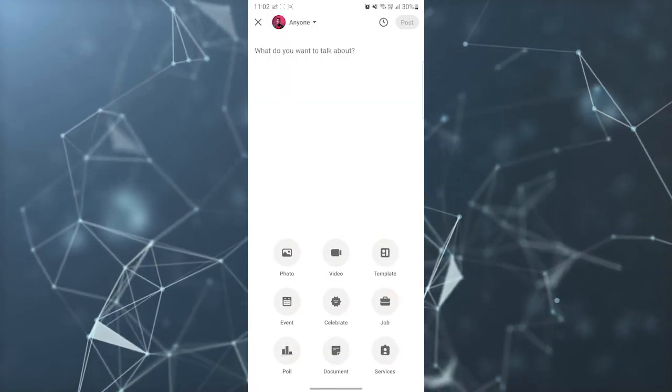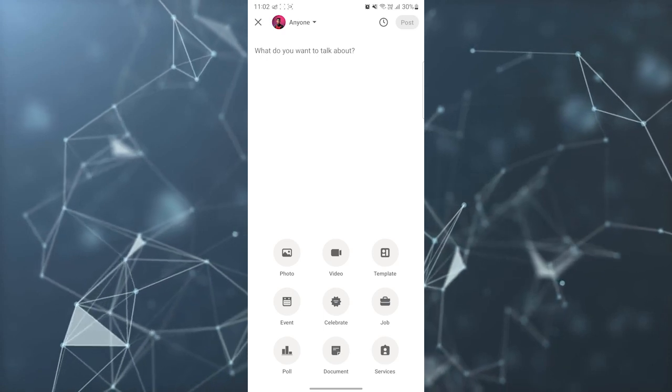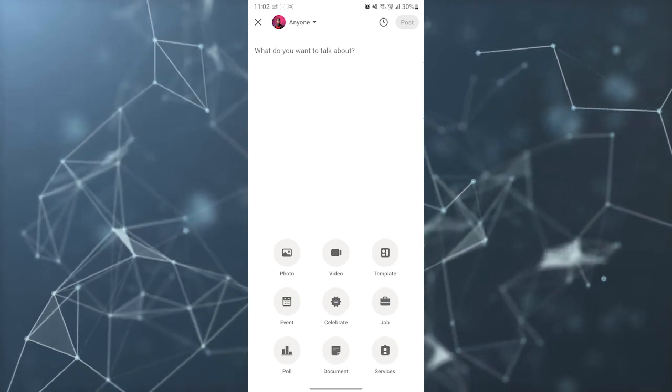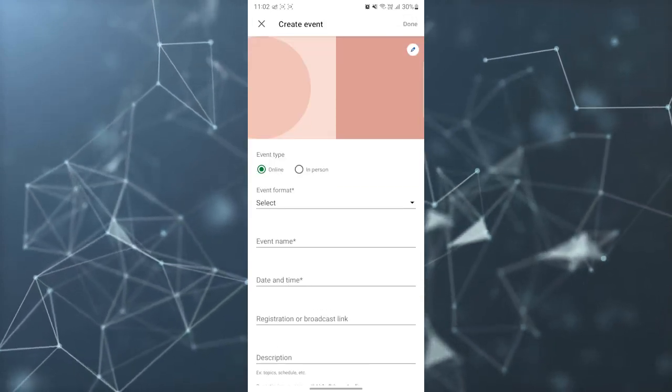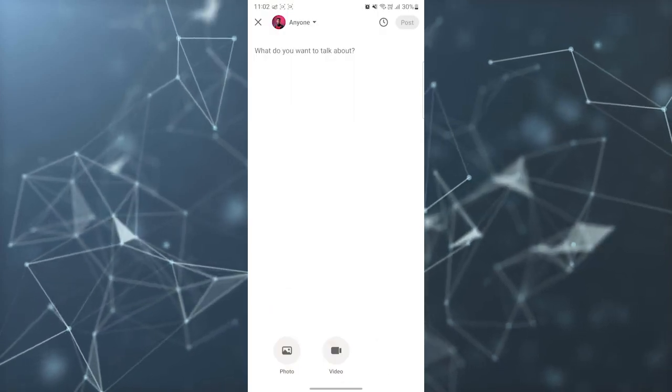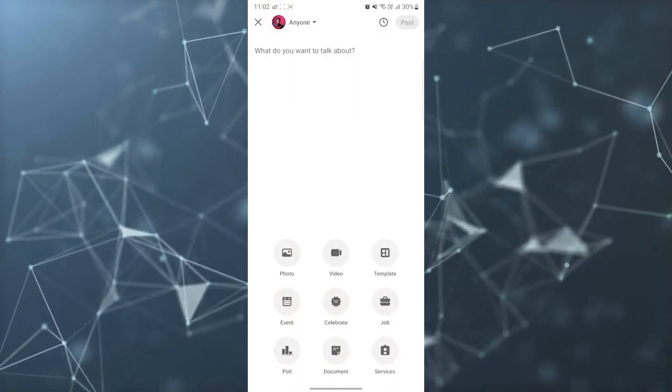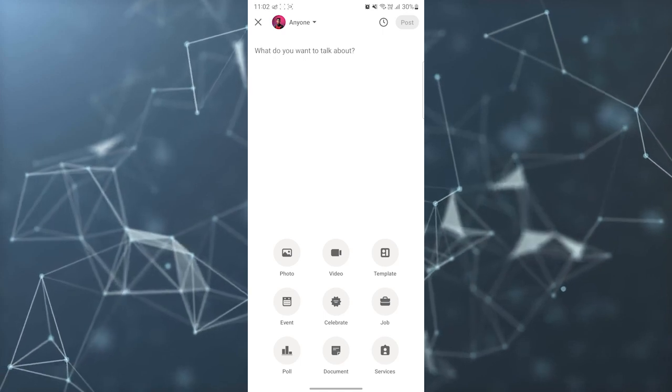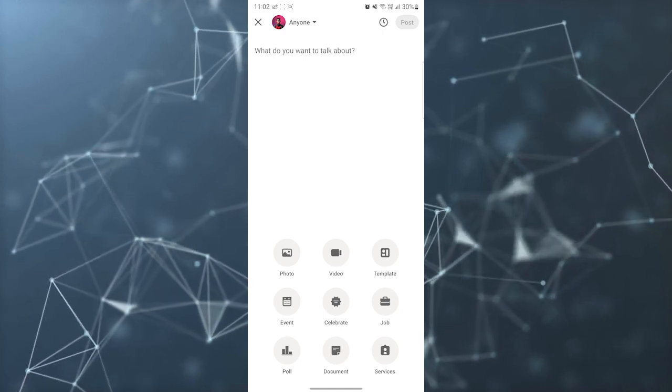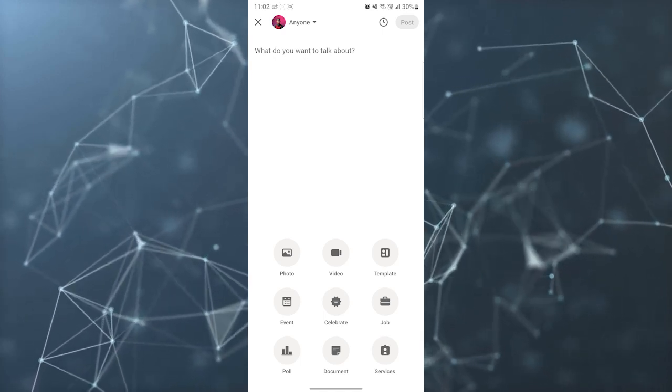Okay, and then you have some options here. You can see here, you can use templates, you can do an event. Okay, for example, and then you have celebrate and job, poll, document or service. You can also post all these things on LinkedIn. Okay,